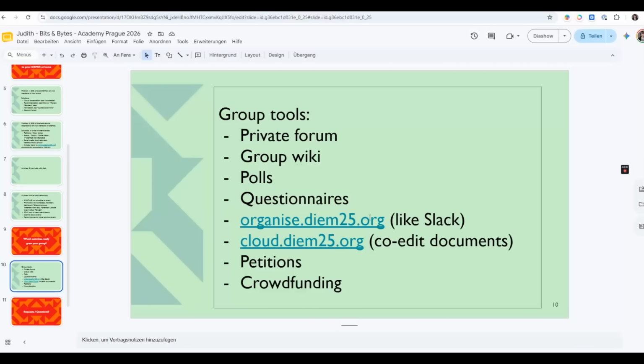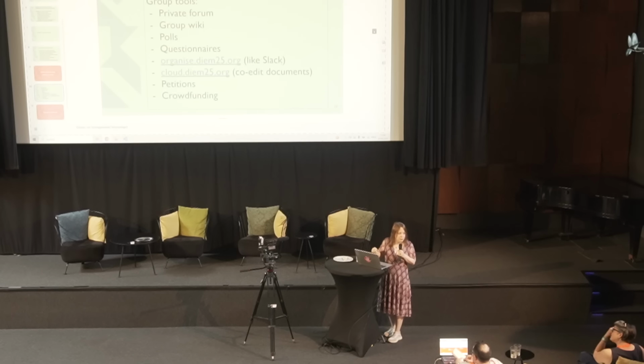If you ever think that you might want to have a Slack because your team is getting very active and you're organizing a big event or a campaign or something, then you can use this page, organize.diem25.org, which is like Slack. If your group is less active, I don't recommend it, because some people will not check it, and in any case, it's one more thing that people have to check. It's better to stay with the traditional tools, but if your group is active enough to warrant a Slack, or if a subgroup, a working team, needs a Slack, then you can use this instead, and it's hosted by DiEM25, and your communication will be secure.